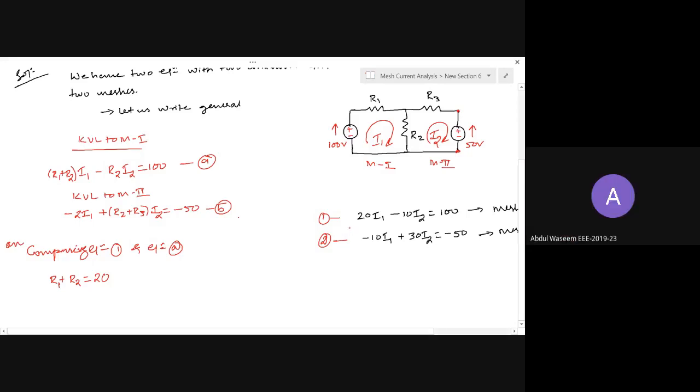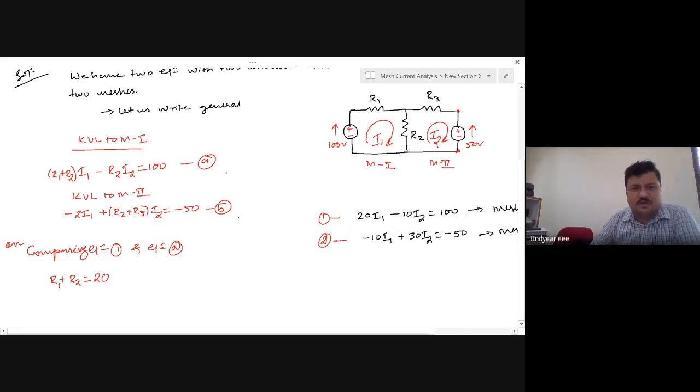Comparing equations, what I did is I observed the equation. I got to know the orientation of the circuit. I wrote the KVL equation for the general circuit, which I don't know the values of. Then I simply compare those two. I will get it very easily. This is the easiest method to get a circuit from the equations. There are various other methods, but this is the easiest one.